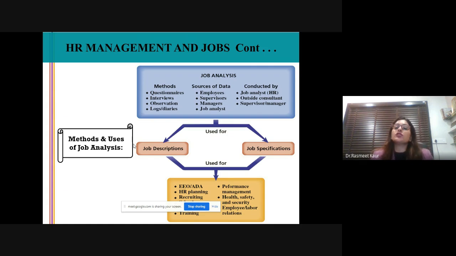Now, when I'm doing job analysis, what are the different methods of doing it? That means if I want to know about the job, whether there's a requirement for that particular job, whether it is something which is missing or should be there in my organization, and whether it is the job which is really demanded in the industry, there are various methods to know about it. The first important method is the questionnaire method. You might have heard about it.